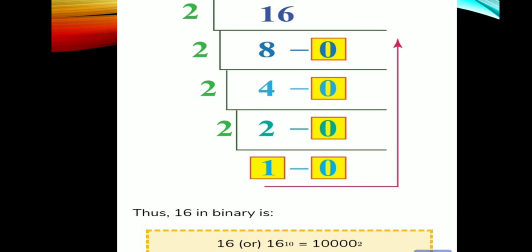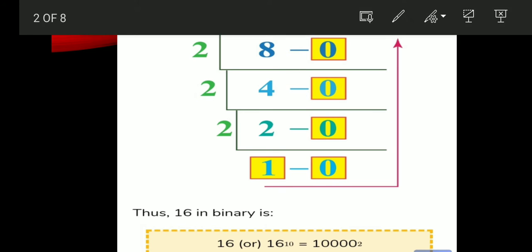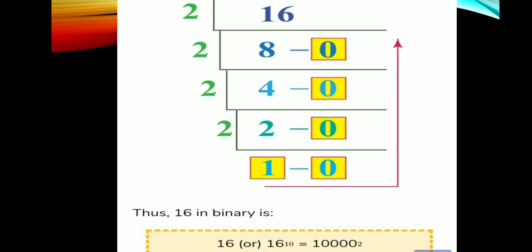So what is the first step? You should divide the given number by 2. So now I am going to divide this number by 2. So 16 divided by 2 is 8. Quotient is 8. You should keep the quotient and you should keep the remainder also. Even though now in this first case the remainder is 0, anyhow you should write this remainder next to quotient, separating the quotient and remainder by one hyphen. You have to keep the quotient and also the remainder, because this remainder is your final output. Okay, final result.